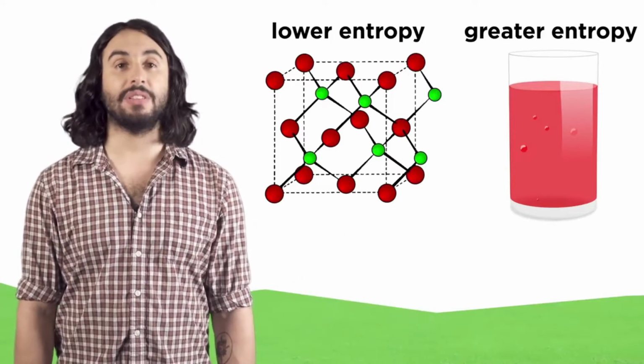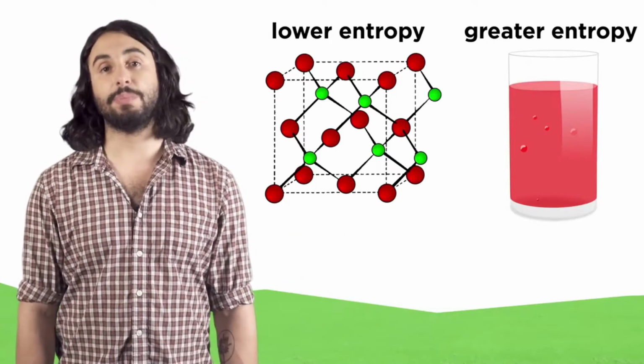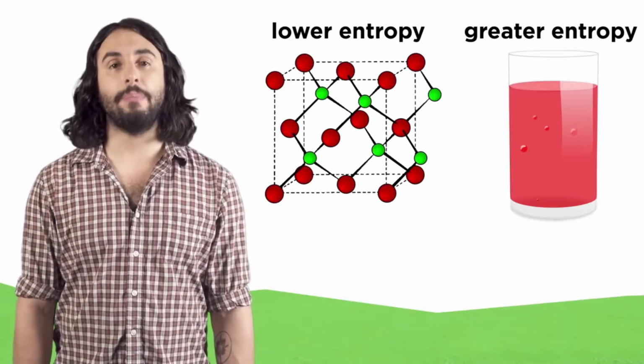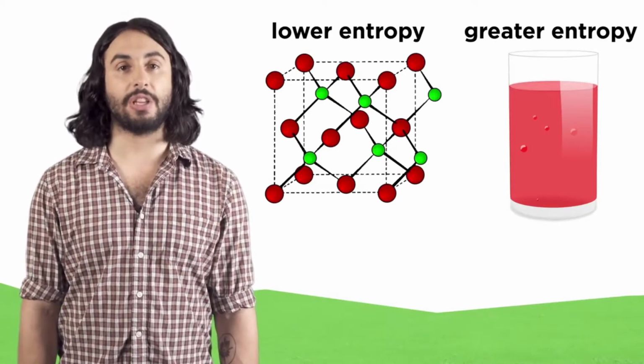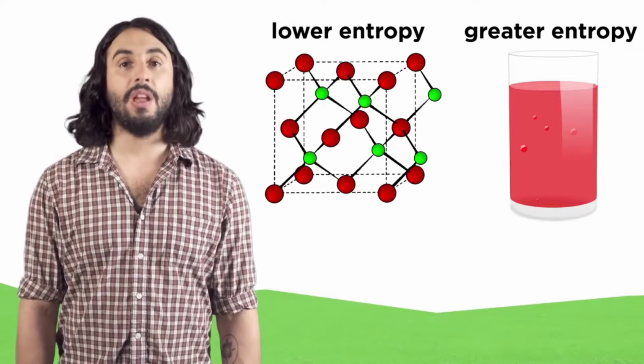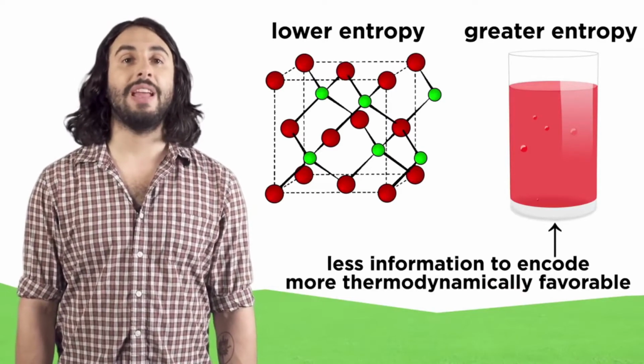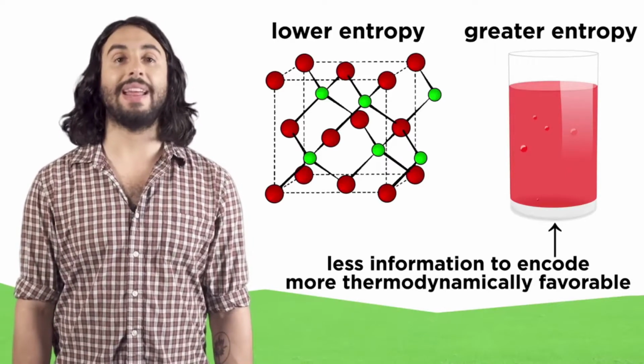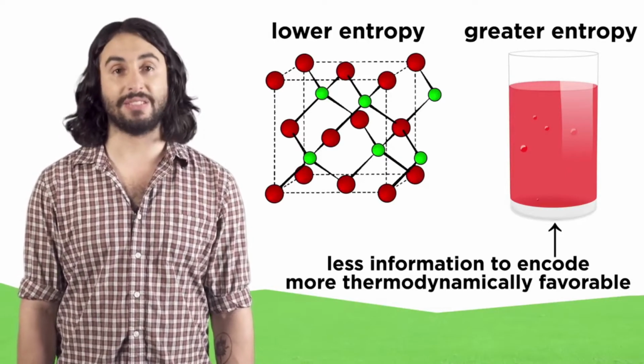But to describe the liquid state, you would need to simply describe the volume of liquid and the shape of the vessel, because the motion and configuration of the molecules are random. That's far less information that needs encoding,